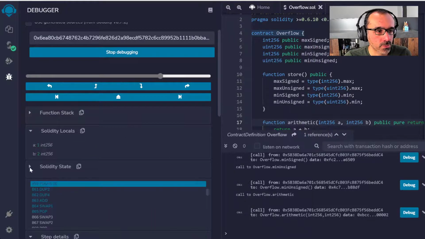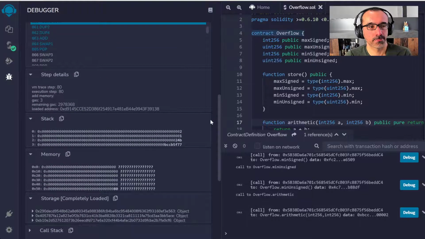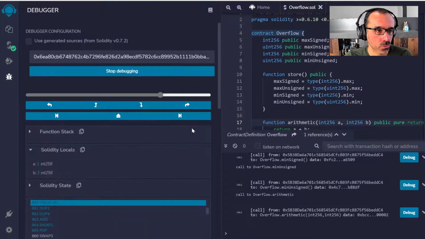Now, as you can see, the value A is 1, the value B is 2. Now let's examine the stack together. Right at the start of calling my function, the stack contains two values: value 2 on top of the stack, and then value 1. So the arguments that are passed are such that the rightmost argument is on top of the stack, followed by the argument on the left, which in this case is 1. So the values are already there for my arithmetic function to work.